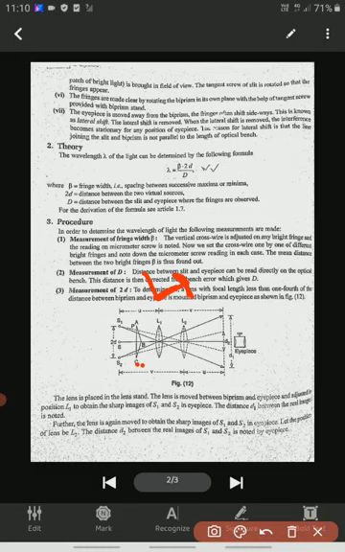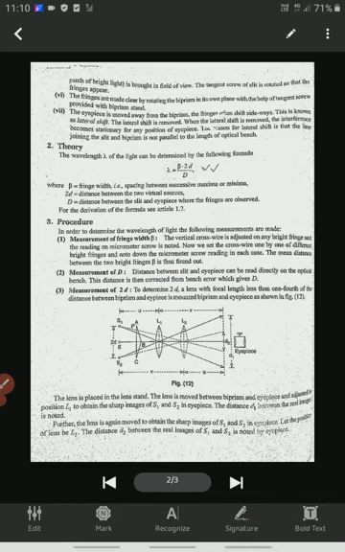After that, we move the lens to another position in between the biprism and the eyepiece, and we get a sharp fringe again. At that position we note L2, and the distance between the bright fringes we represent with d2. Now what are v and u? v is the distance between the source and the lens, and u is the distance between the lens and the eyepiece.